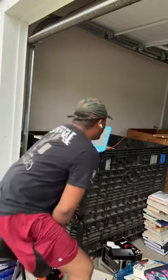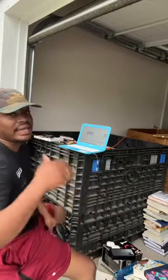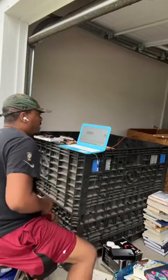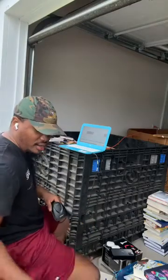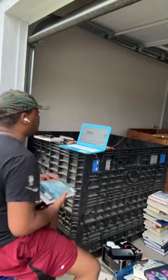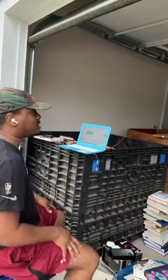If I'm sending that in to FBA and I don't prep it with the proper protection, it's a risk that it does get damaged. And I know you guys may say, Travis, well, if it gets damaged, doesn't Amazon reimburse your money? They do, but not all the time, right? So let's say, for example,